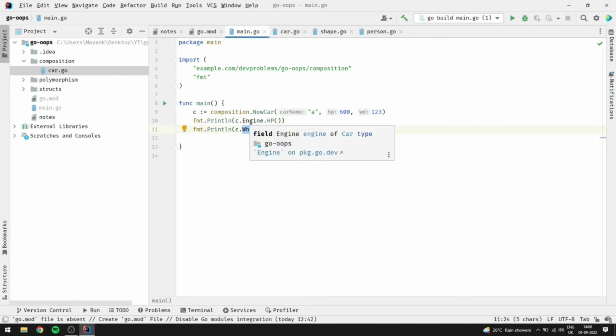But here there are only two structs, engine and wheel. If there are so many structs, then in order to call the method you have to keep on calling the struct, keep on adding the dot operator, and drill down to that struct in order to get to that function. So if you don't want the user to drill down to that struct to call that particular function, and you don't want the user to know that there is an engine and wheel struct inside a car,